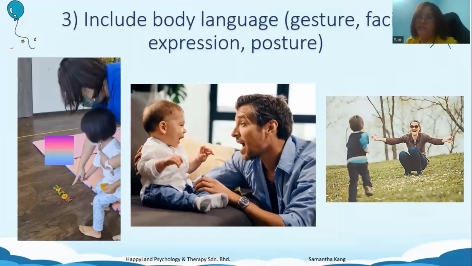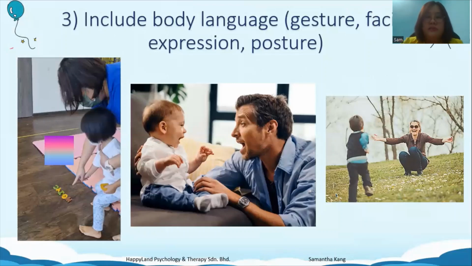So the child will get a message that I'm not 100% engaged in this interaction, and eventually maybe the child will not be interested, because the parent is not even interested in interacting with me. Why would I be interested to continue the interaction with the parent? Okay, so you need to be aware of your posture, that when you are playing or talking with them, make sure you are facing them and not like you are trying to leave, or you are ready to stand by to do something else. Okay.